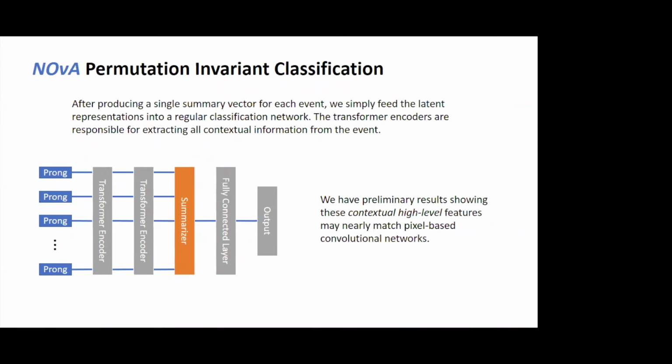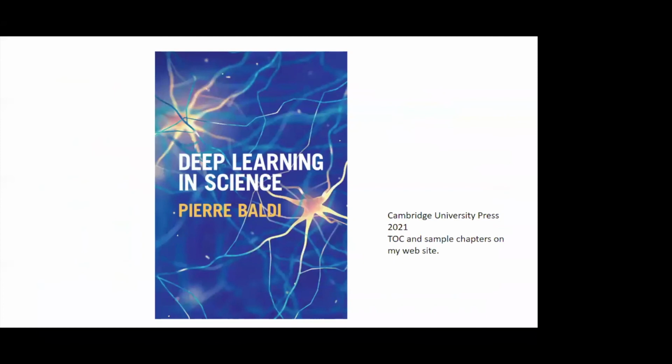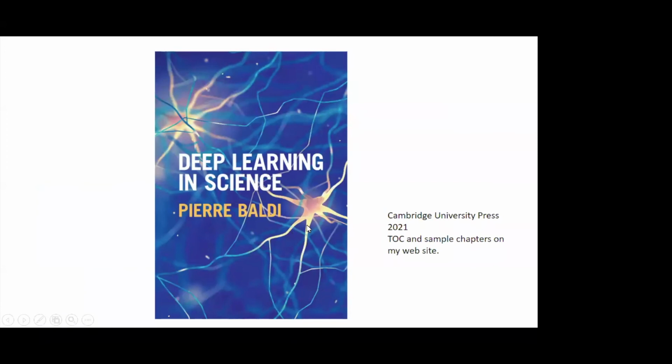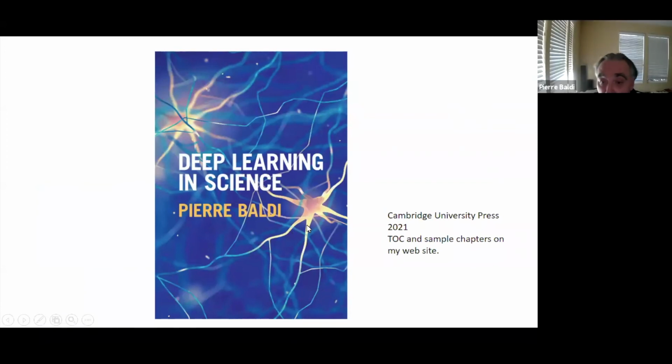Okay, thanks. So Pierre, there was a question in the chat that maybe you go back to the book again. Yeah, there's a question about your book. So maybe just show that again. It's Deep Learning in Science, which is just about to come out. You can order it on Amazon or on Cambridge, but it's being printed. It's just distribution. So I think it will be out in June.